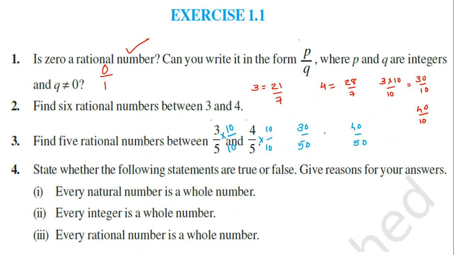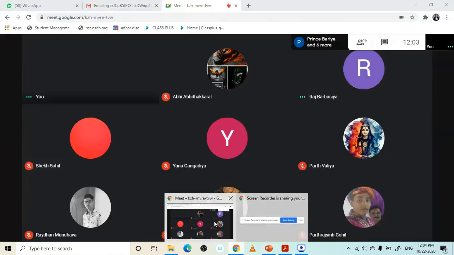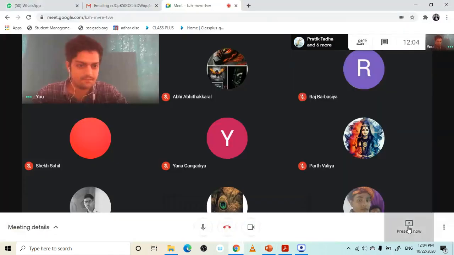Okay, so here, yes, up to 31 by 50, 32 by 50. Okay, very good. 32 by 50, 33 by 50, 34 by 50, up to 39 by 50. Any kind of number we can write here. Because the connection was broken, afterward I forgot to present my screen. One minute.